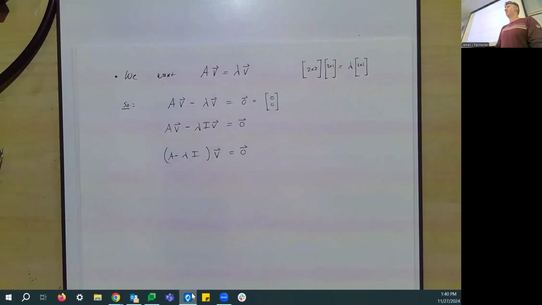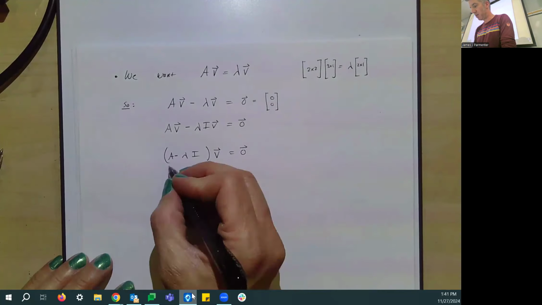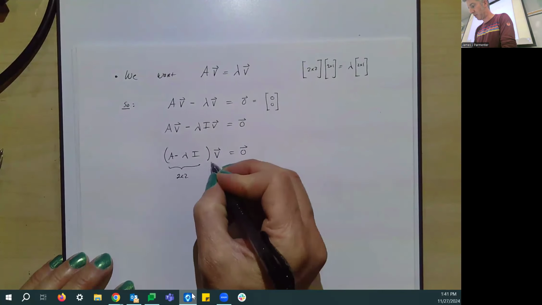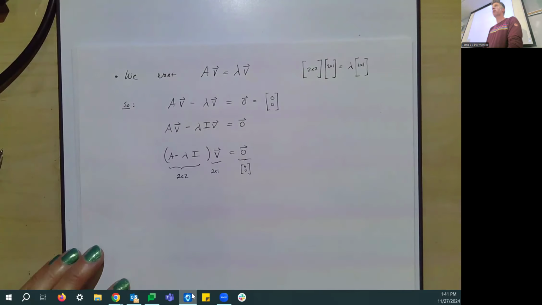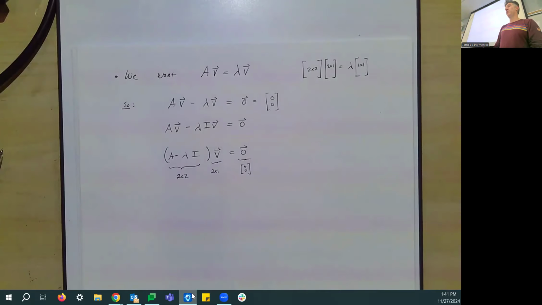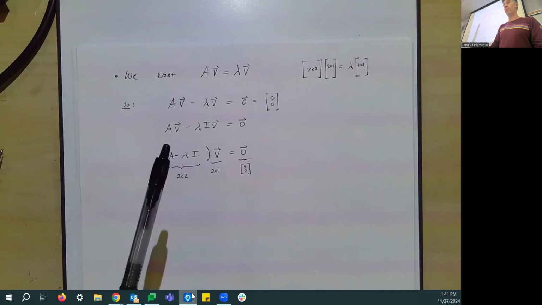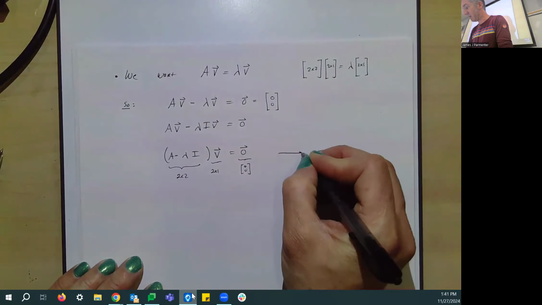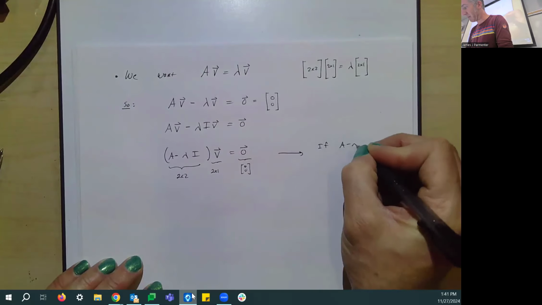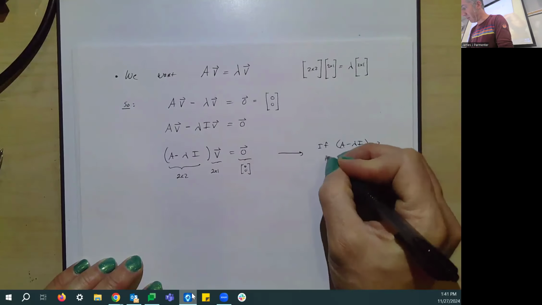Okay, here's where we're getting back to the thing I was saying earlier. I have an equation, and I really want to find the solution where this 2 by 2 matrix times my 2 by 1 vector is equal to this 2 by 1, 0, 0 vector. And I really don't want this 2 by 2 matrix, A minus lambda I, to be invertible. Because if it was invertible, I could multiply both sides by the inverse, and my solution would be not very exciting. So I'll just point out, if A minus lambda I is invertible,